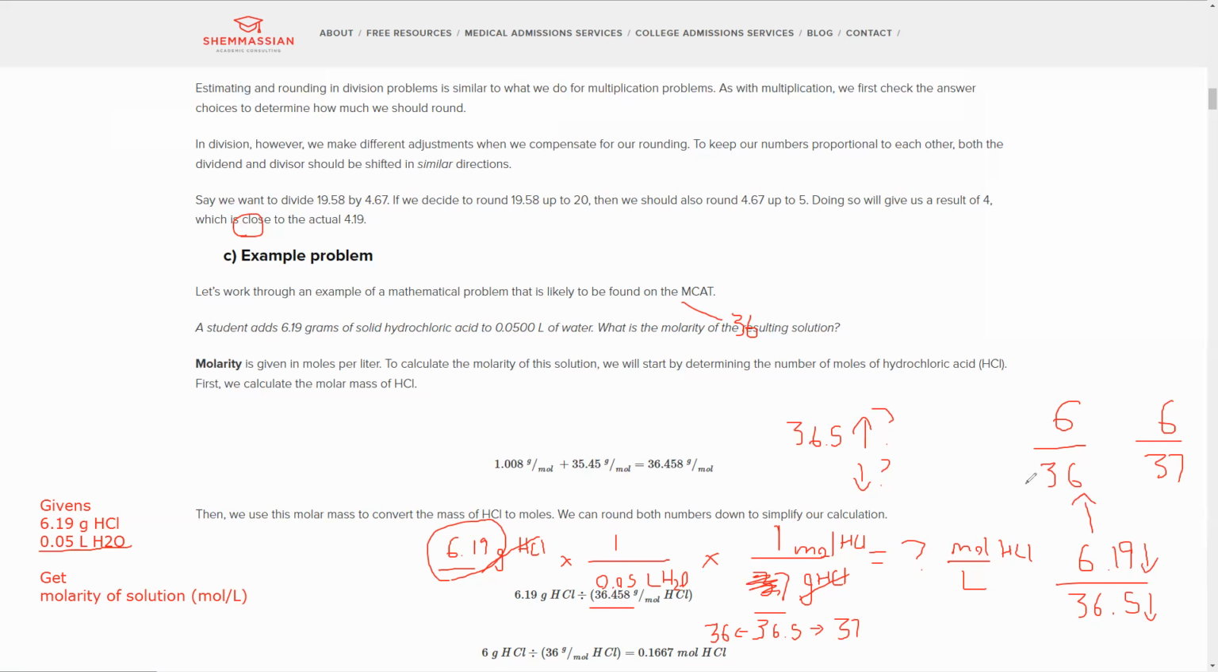So therefore, now we have 6 divided by 36, right? So let's clean this up a little bit. I'm just going to write it above. When I do my 6 divided by my 36, I'm going to get 1 over 6, right? My grams of HCl and my grams of HCl have canceled out. So that's 1 over 6 moles of HCl. But we still have our liters, right? Our 1 over 0.05 liters of HCl, or H2O rather, is going to give us what we want, the moles over liters. Now,